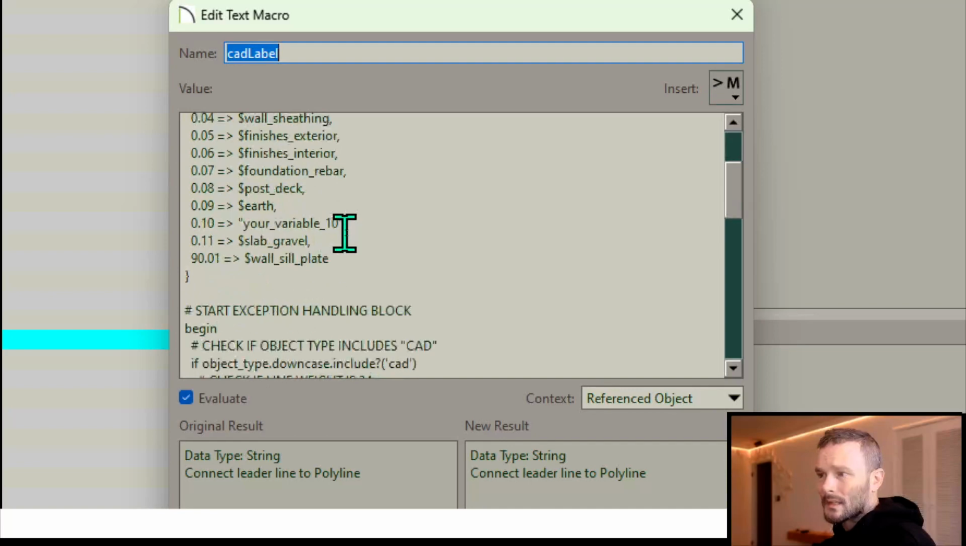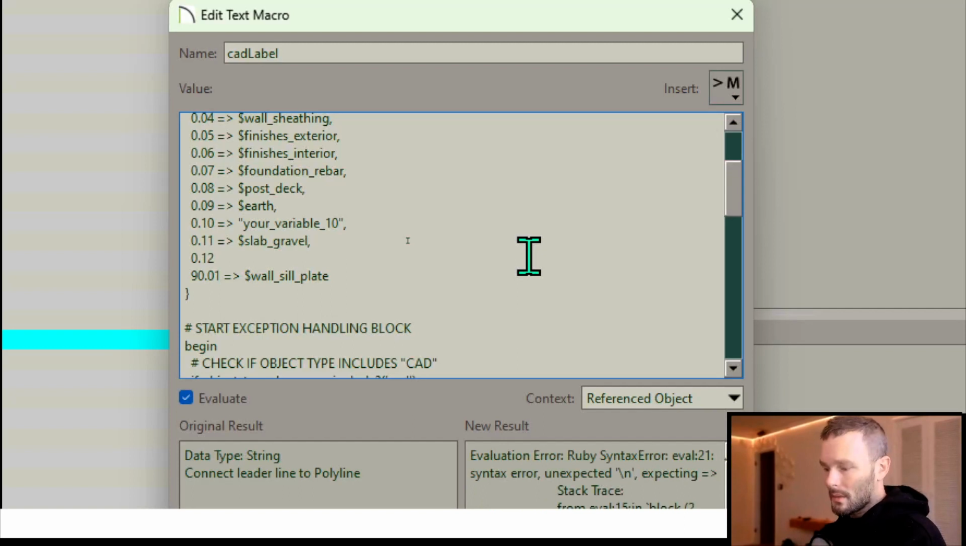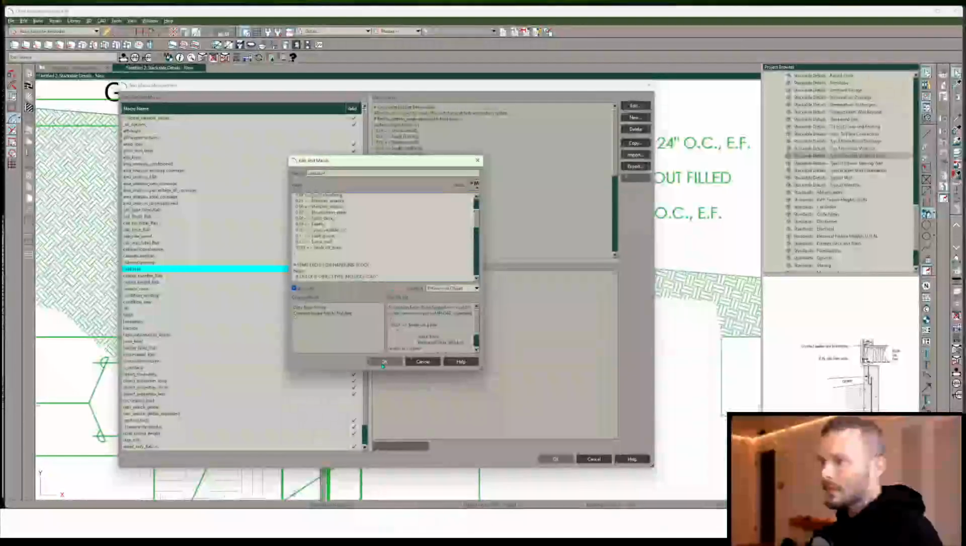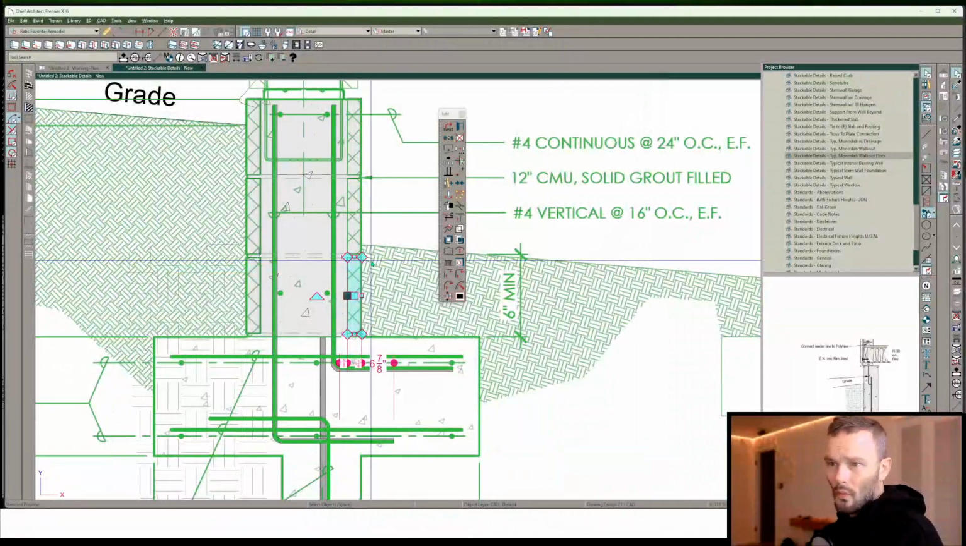In this case, I could update it to my new system, or I could just keep adding to what I've got here. It's probably fine. So 0.12 is going to be the next angle, and we're going to establish a new macro. Let's make it lowercase, cmu wall. How about that? So now we've established that it needs to be 0.12